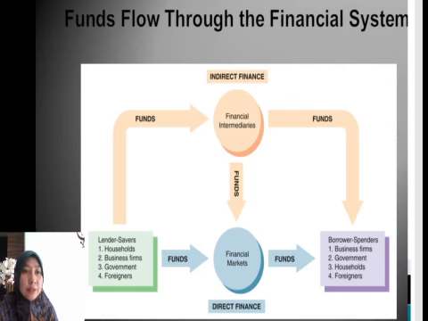Okay, so now the funds flow through the financial system. In the financial system, we have financial intermediaries like a bank. Who else is a financial intermediary? Usually bank or investment bank, because we have many types of bank. We have investment bank, we have corporation bank. Corporation bank like Bank Rakyat. Okay, investment bank like